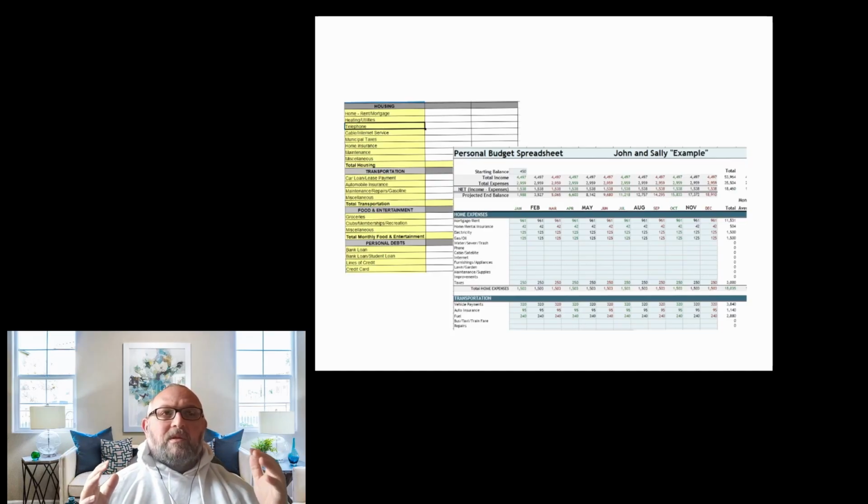They're not real numbers. And the Excel sheet obviously does all the calculations for you if you set up the formulas. It's very extensive. It's however what's best for you. I personally think the first one is just easier to use for most people, especially if you're starting to do this for the first time.